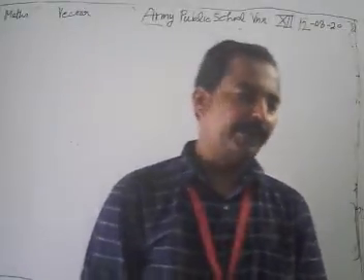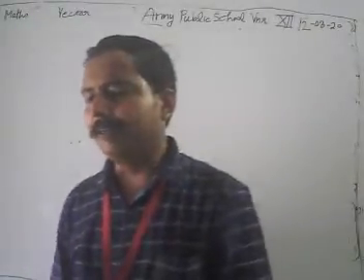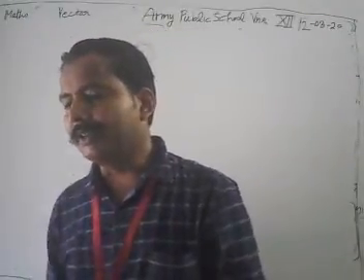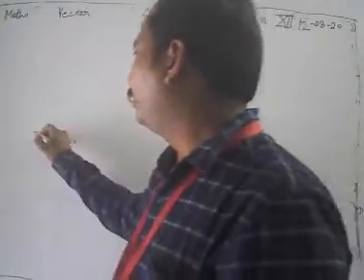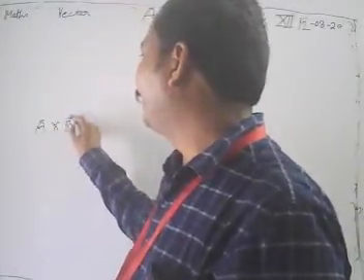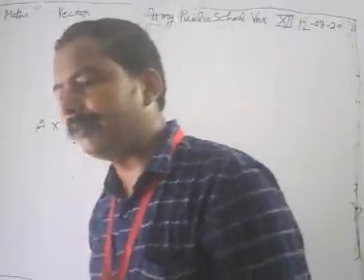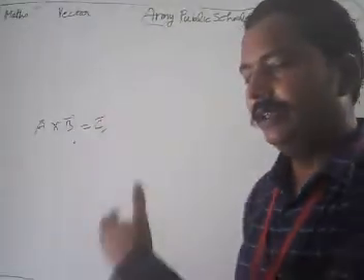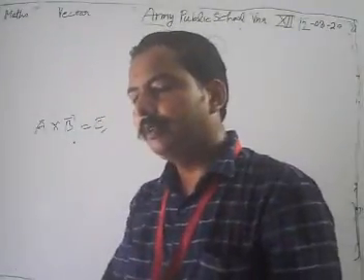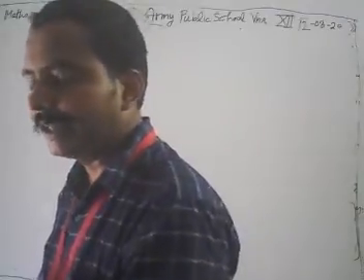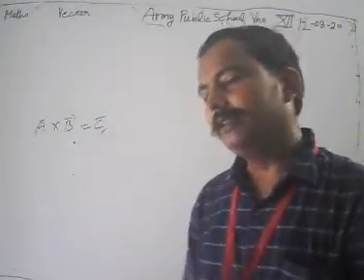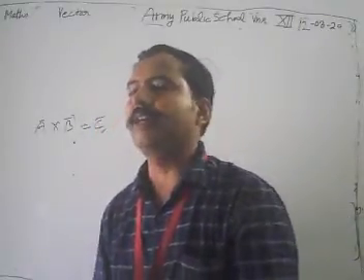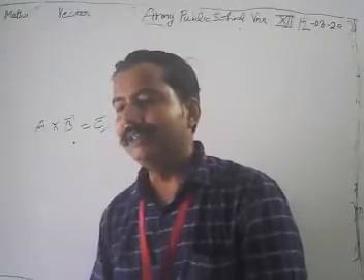Now, one of the basic things is that when we take the vector cross product A cross B, we generally get a vector C, and you have to keep in mind that the direction of vector C is mutually perpendicular to the direction of vector A as well as vector B. And the must-remember thing is that whenever A cross B is 0, it means both vectors are parallel to each other.